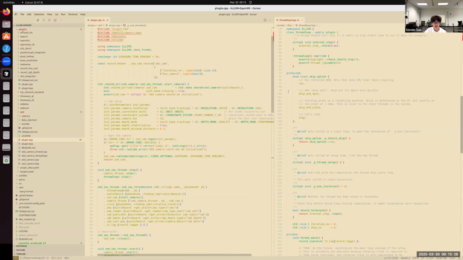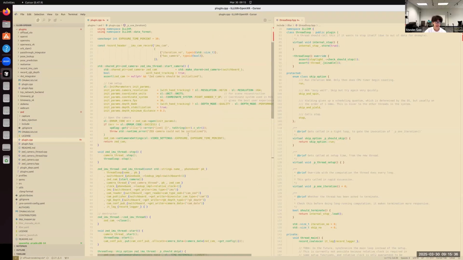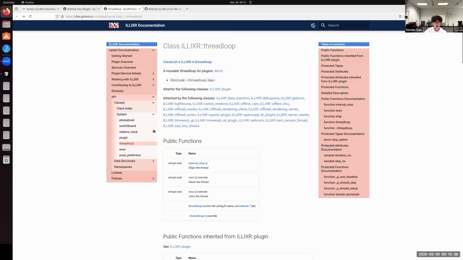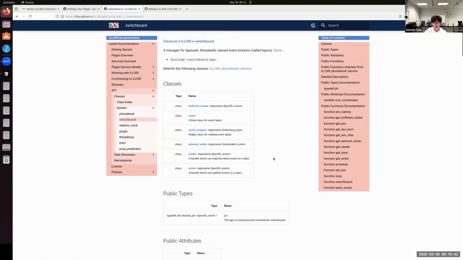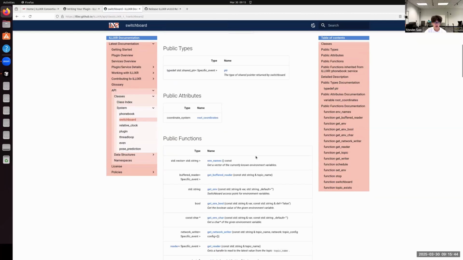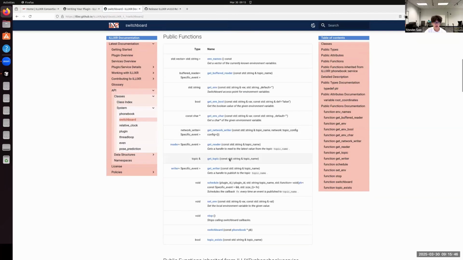So next, let's take a quick look at switchboard, and the main thing I want to talk about is topics. Let's go to the switchboard page of the documentation, and as you can see, we have a lot of functionality related to topics here.